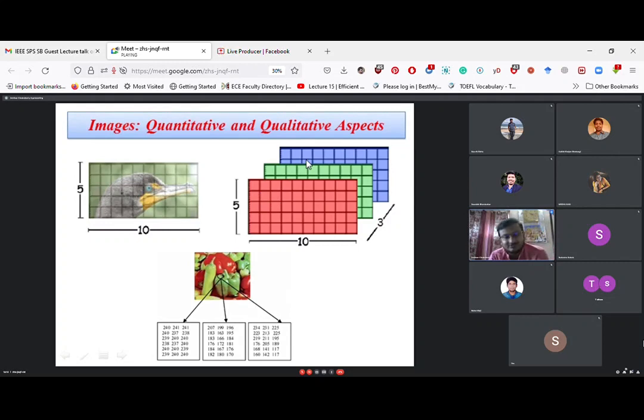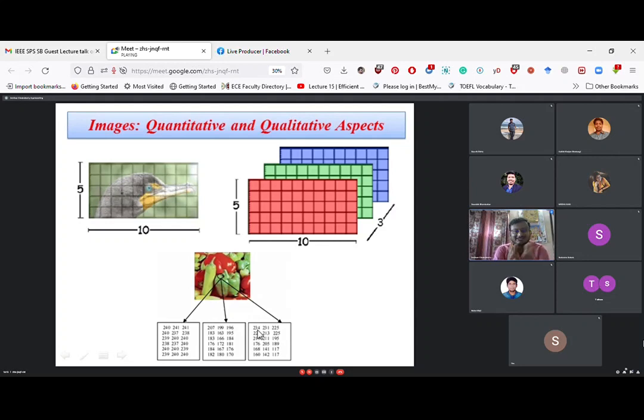So this red value, green value, and blue value, these three together combine by means of a formula to generate this color image. Like in this color image, through this small portion, the intensity values are shown here. This is the red values, this is the green values, and this is the blue values. So for each position, suppose this top corner position, you can have three values: 240, 207, 234. So this top corner pixel has red value 240, blue value 207, and green value 234.